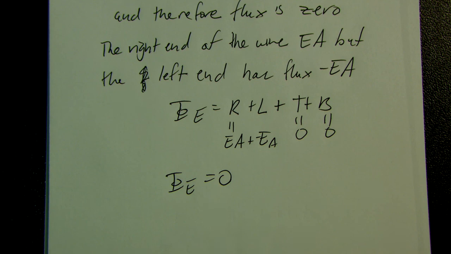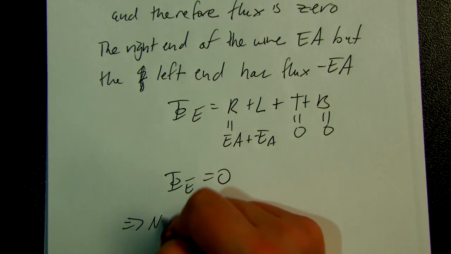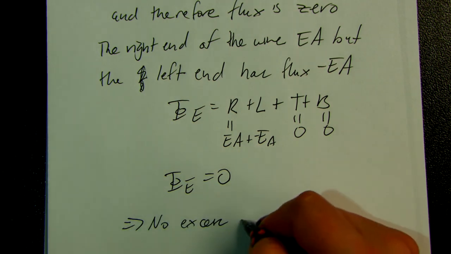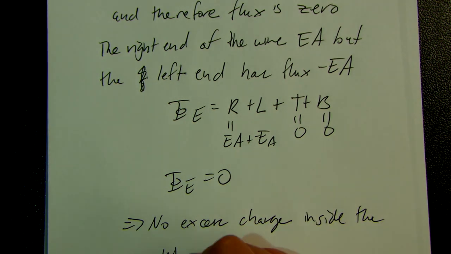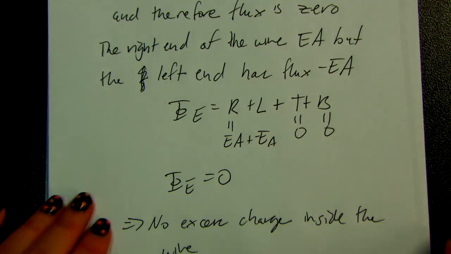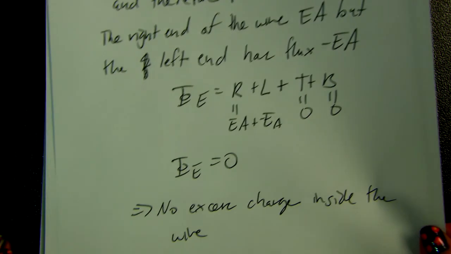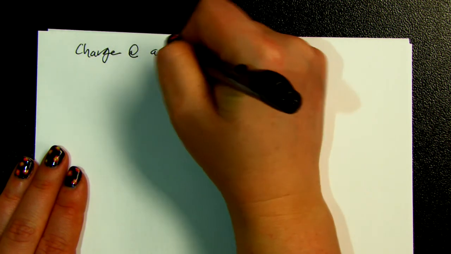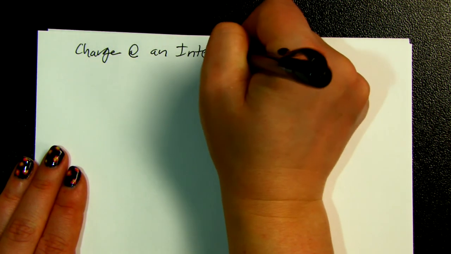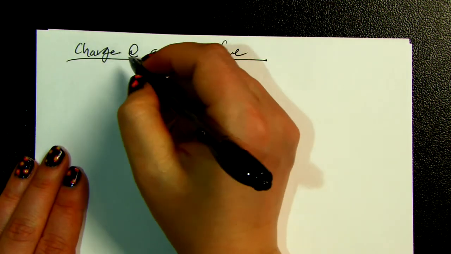inside a wire. So that means that there's no excess charge anywhere in the wire, which is exactly what we stated in chapter 18. So no excess charge inside the wire, as expected, this time using Gauss's law. Now, moving on, let's look at charge at the interface of two wires made out of two different materials. All right, so